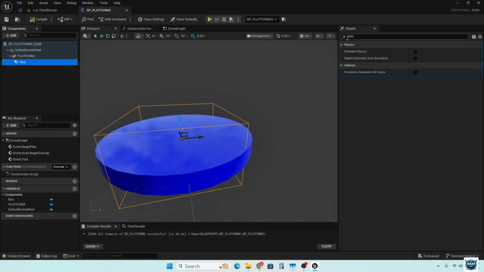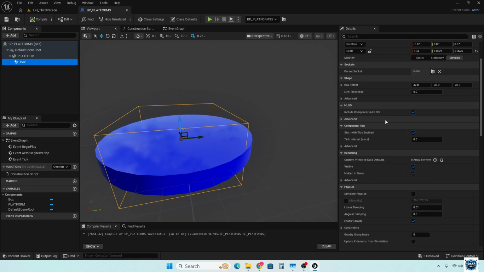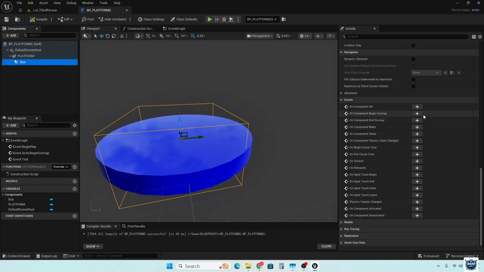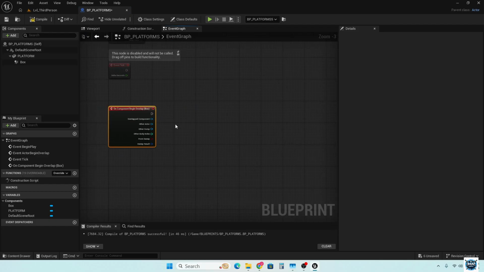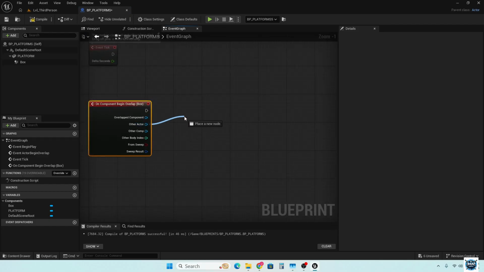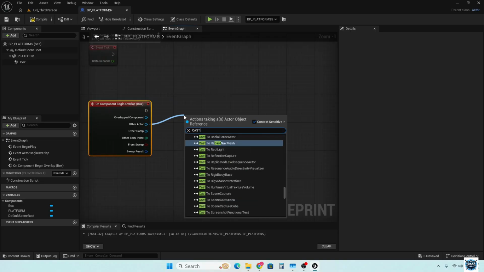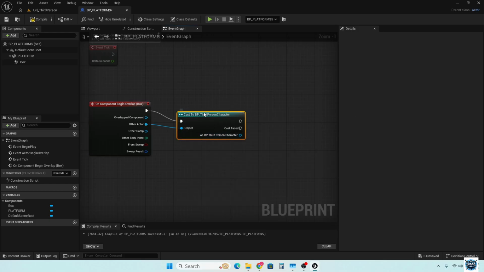All right, so if we click on our box, which is what's important, that's our collision, and we scroll down here, and we go to this On Component Begin Overlap and press the plus here, we're going to want to make sure it's only us that goes over it, which is going to be our third person character. So at that point we're going to cast, and yes, I know you can do this with an interface, but we don't have an interface on here, so I'm just showing this from a beginner's perspective, an easy way to